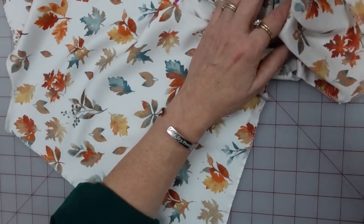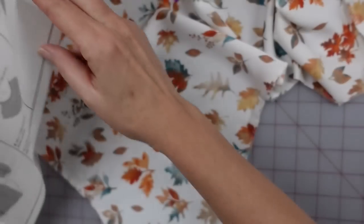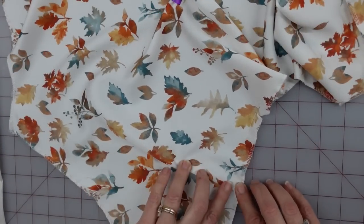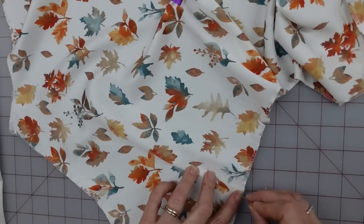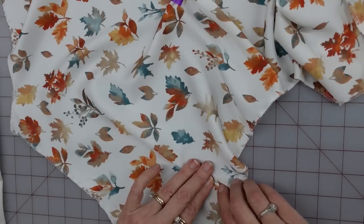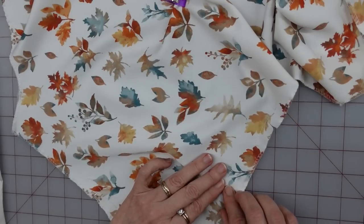Now let's see, how do they want us to do these pleats? They want us to go towards the outside edge. Okay, so they want us to go this way, so I'm going to match up these two dots and bring them over to these two dots here and stick a pin right here. Okay, so now I have this little bitty pleat like that, and they want us to baste across the lower